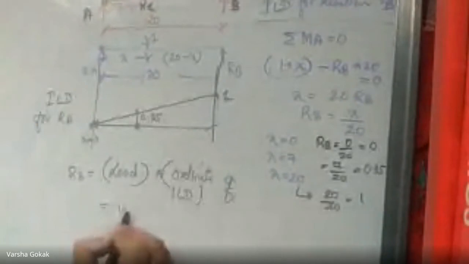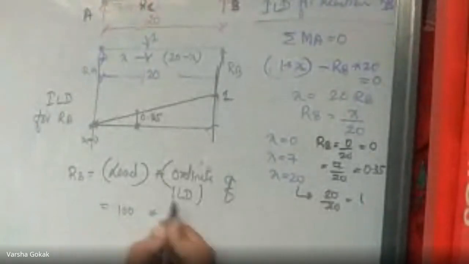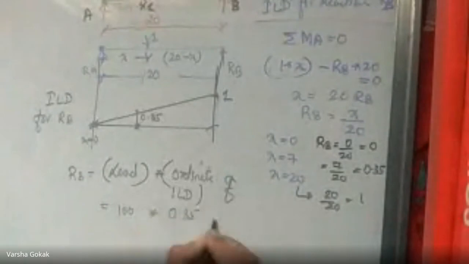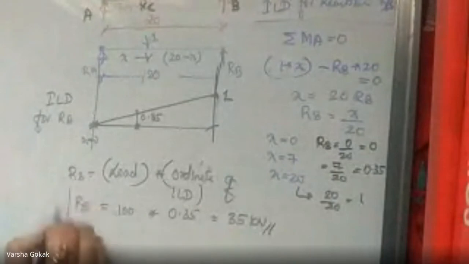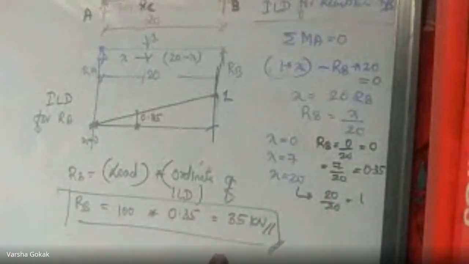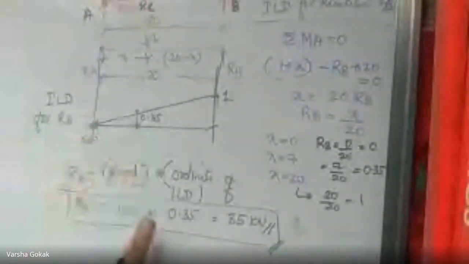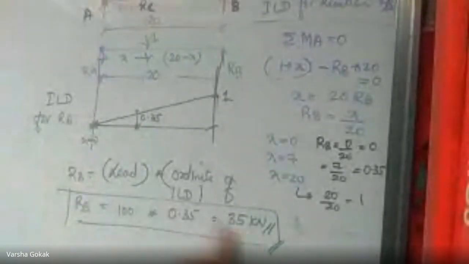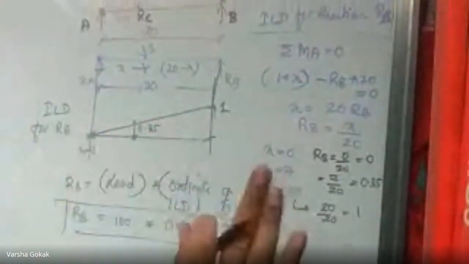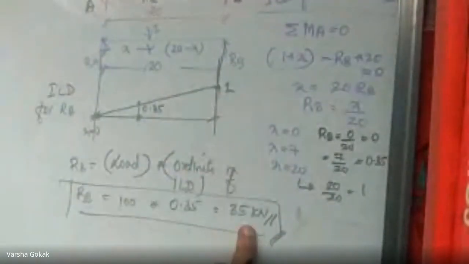So load is given as 100, and what is the ordinate here? It is 0.35. That makes it 35 kilonewton. So reaction at B is 35 kilonewton, and it is correct also. Earlier you got 65. So external load is 100 minus 65, when I do, I will get a value of 35 remainder. Right? So now the RB ILD diagram is this, and RA and RB values you found using the ILD diagram, not your summation Fx and summation of Fy. You obtained these values by the ILD diagram, right?